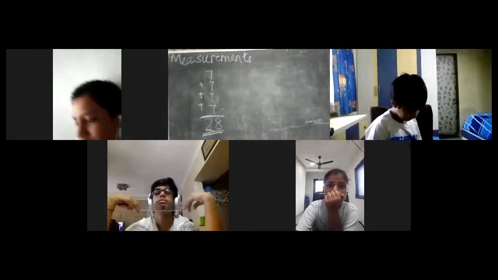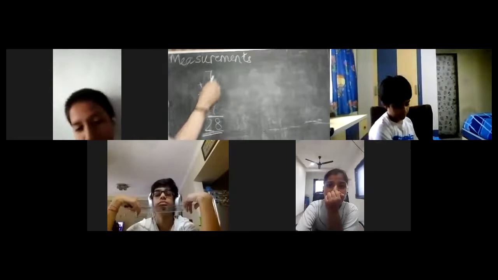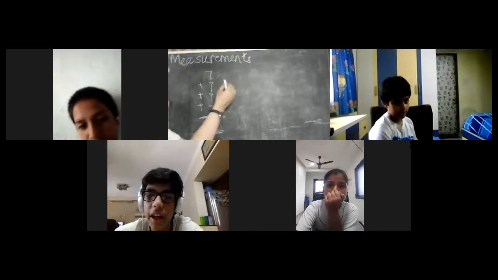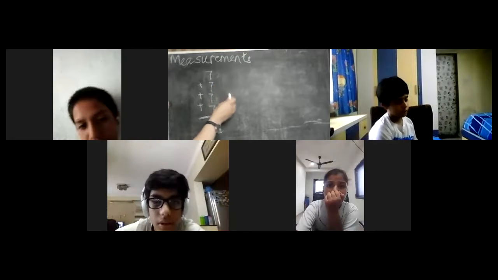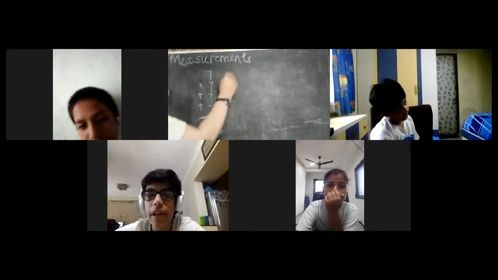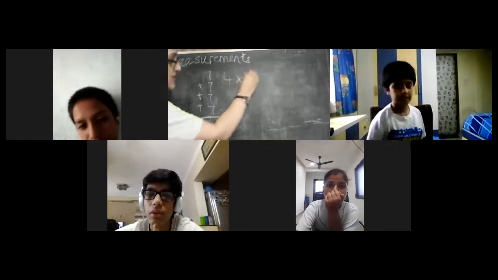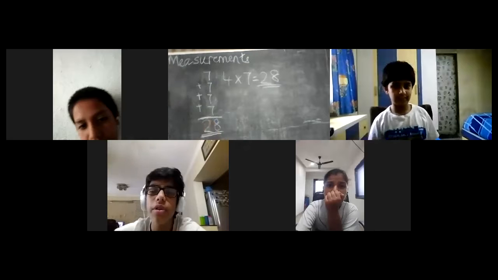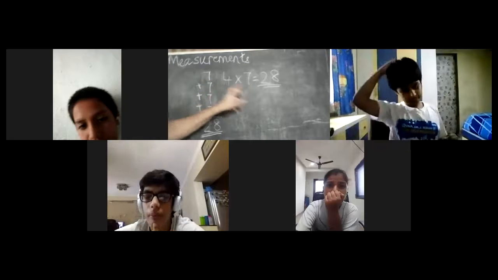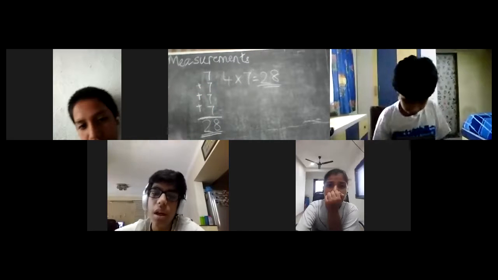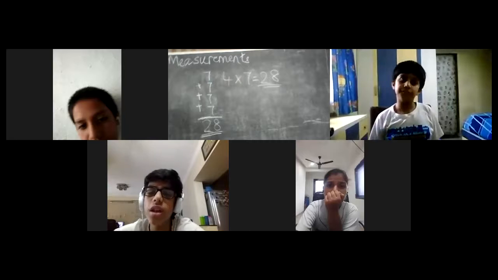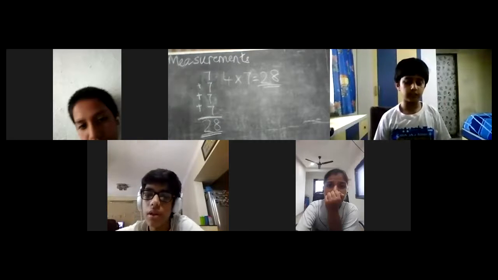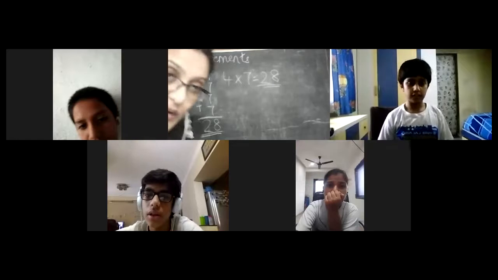Okay, fine. Ranveer, please tell me if this answer is correct. Yes, ma'am, it is correct. How will you write it in multiplication format? 4 times 7. And why is it 4 times 7? Because 7 is written 4 times. So why are we writing 4 first and not 7 first? Because if we write 7 first, we will have to write 4 7 times. Correct.